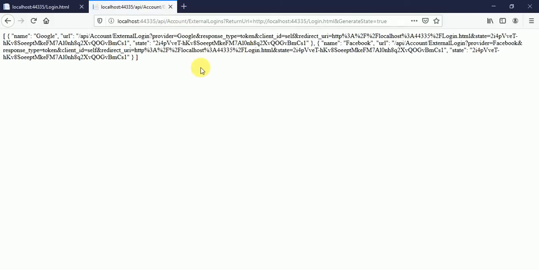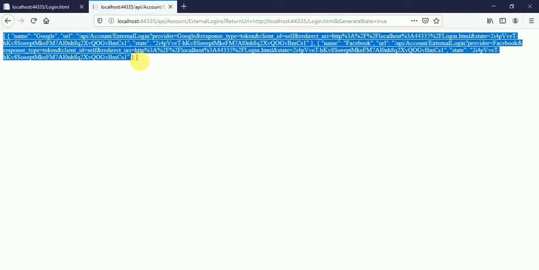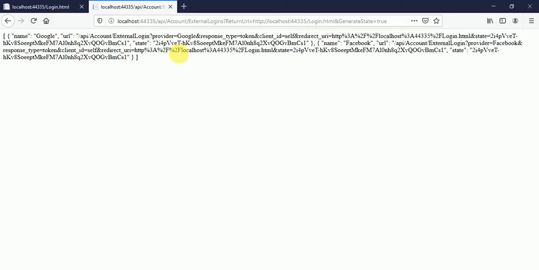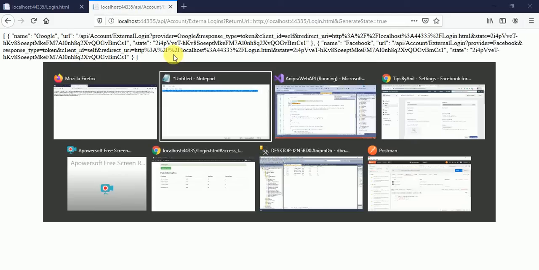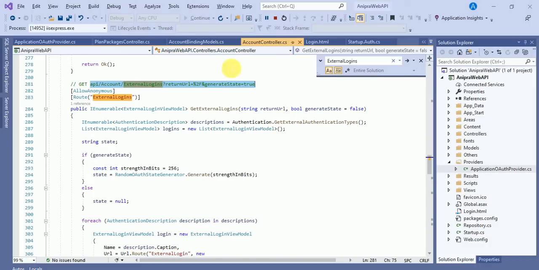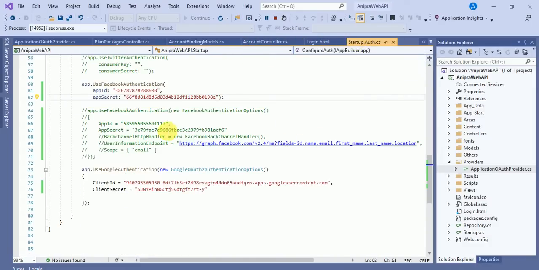Once you paste it in the browser, you will get two arrays, first for Google and second for Facebook. Why are you getting only two arrays? Because in the startup auth, you have uncommented only the Facebook and Google authentication.